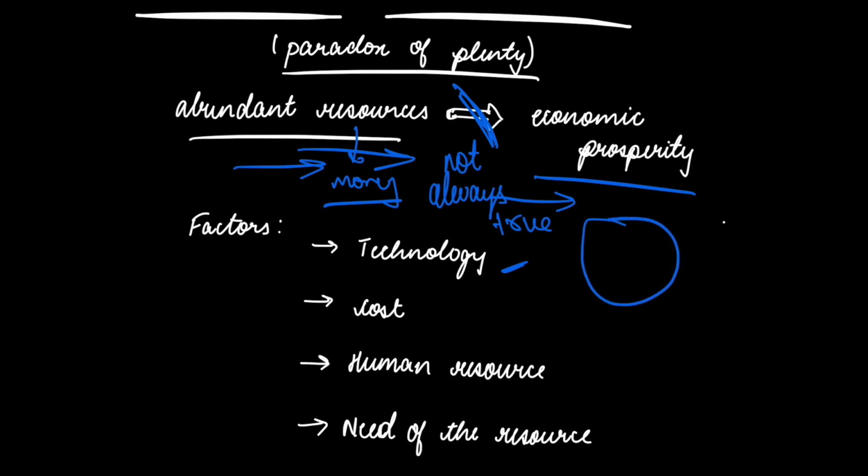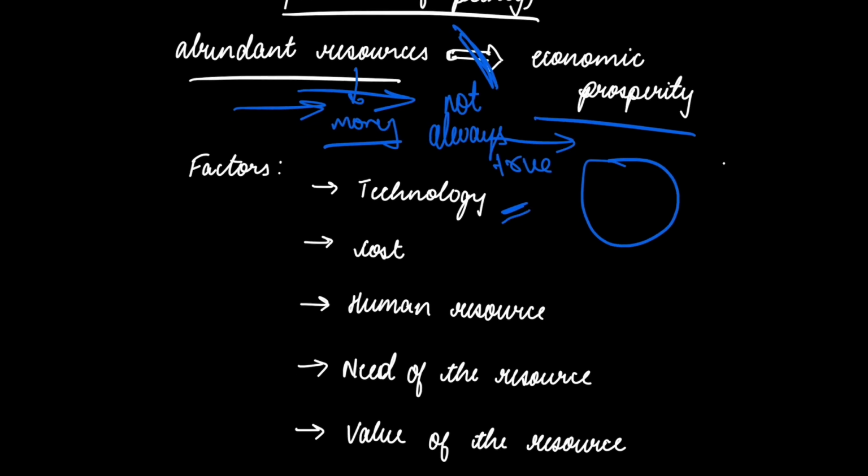Then there is no use for you to take the resource without creating new technology. If it's worthy to take it, then only we'll try to think about it. So the technology should be there, and it should be cost effective. If you are able to sell the product for 150 rupees, but the extraction cost itself is becoming some 200 or something, then there's no point in the resource itself.